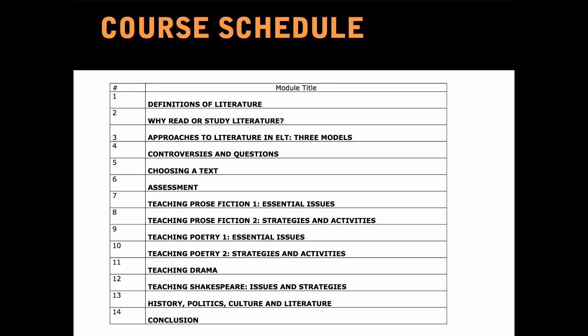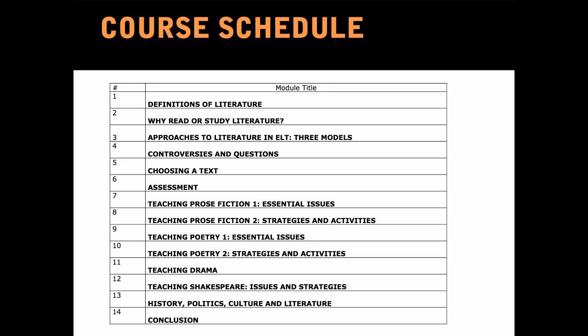Week 11 is devoted to teaching drama. Drama is perhaps one of the richest and most interesting genres, as far as students are concerned, that one can study, and obviously one of the most tempting and interesting things you can do with a play is act it. So in some ways, drama teaches itself, but there are nonetheless tricks, methods, strategies which you can learn and apply in your own classroom.